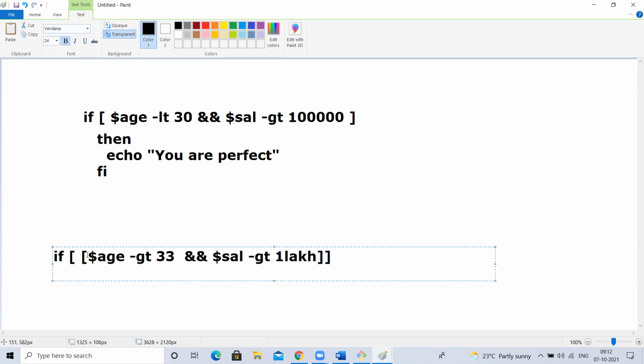See, here one condition: age is greater than 33. If his age is greater than 33 and salary is greater than 1 lakh, it's fine. Or else, I'll write it, guys: dollar age less than 30, and or else like